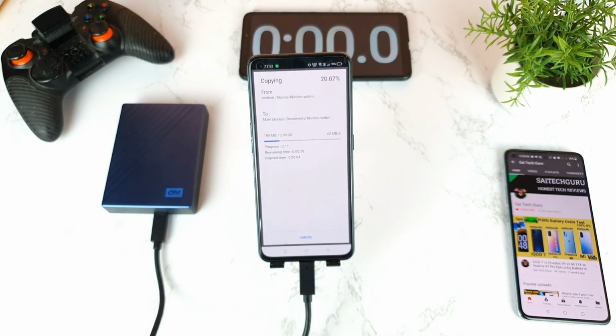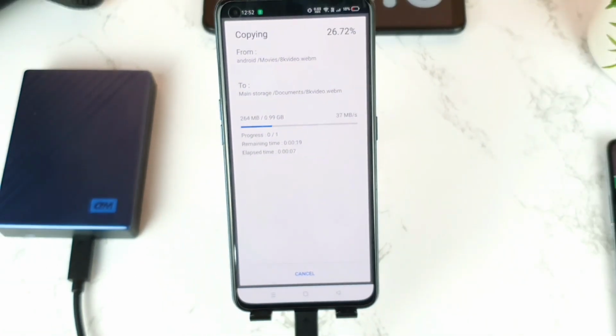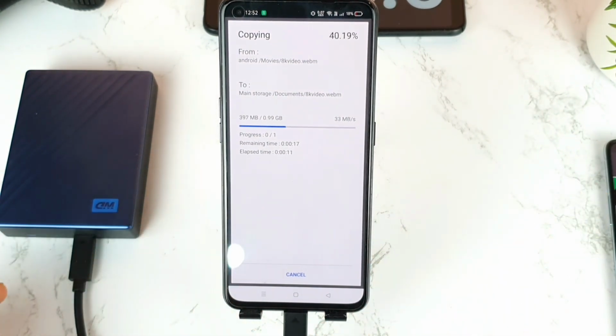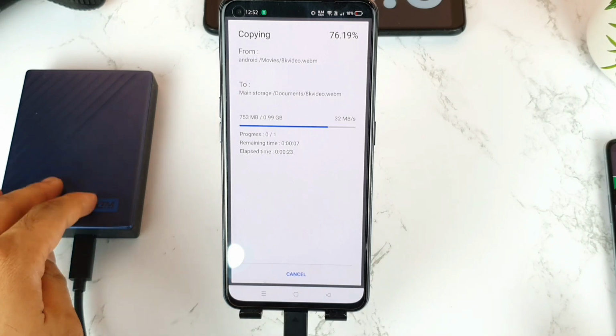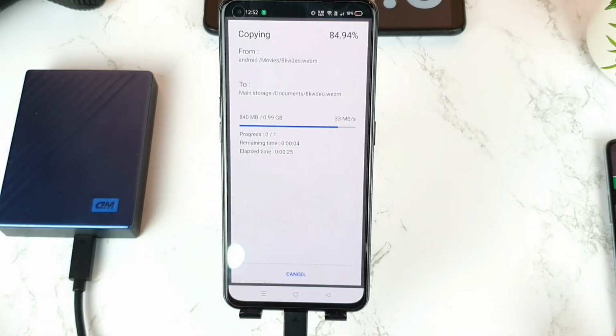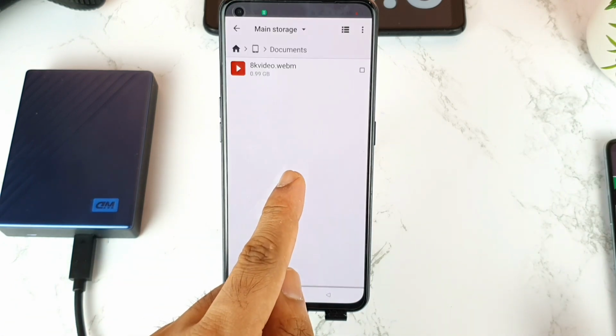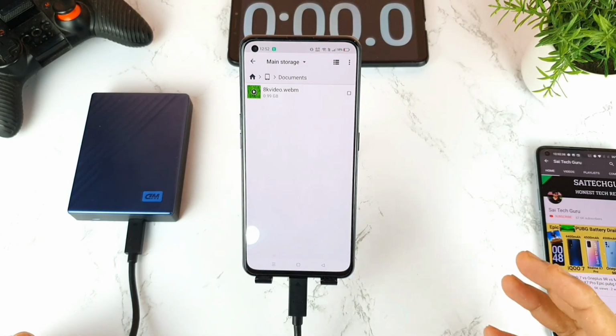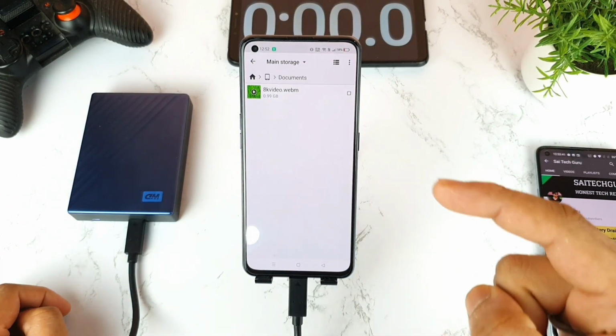As you can see, friends, the data transfer speeds are close to 40 Mbps right now. I can do a speed test comparison between the iQOO 7 and this phone as well, using the same method side by side. Right now the speeds are up to 33 Mbps, not much. But let's see how much time it takes to completely copy 1 GB from the hard disk to the mobile phone. You can see the light blinking on the hard disk. For a 1 GB file, overall it took about 30 seconds to copy the file from the hard disk to the mobile phone. 30 seconds.